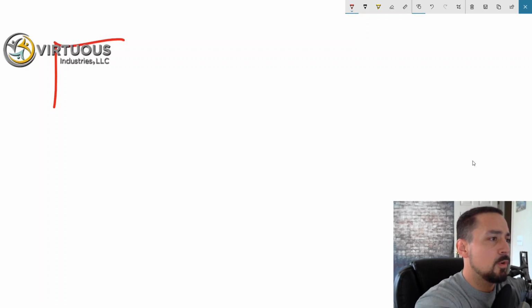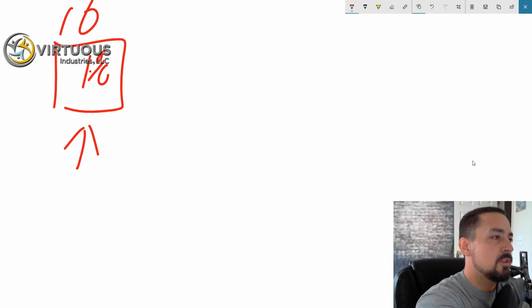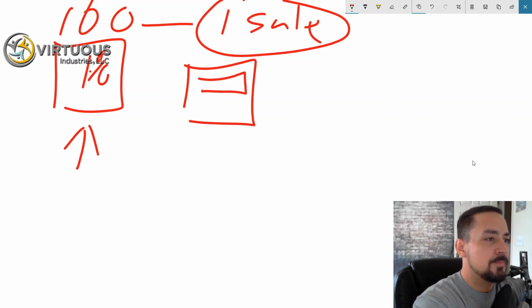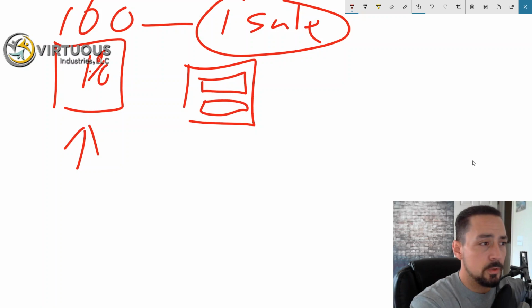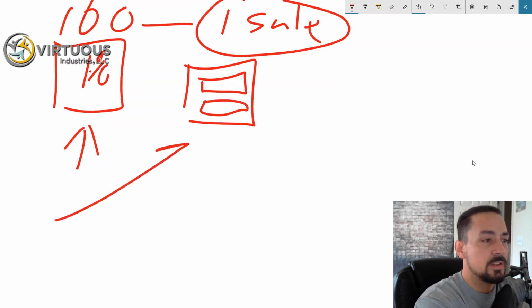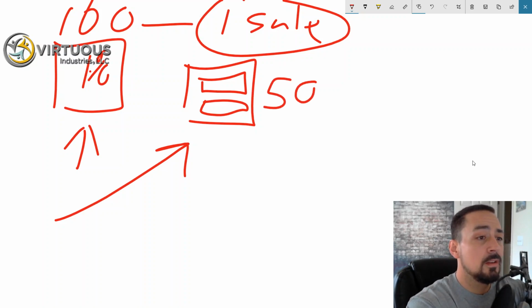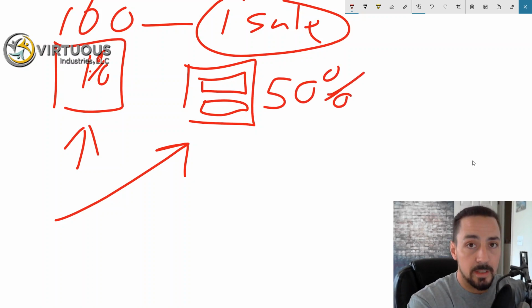So the reason it's more important is because this is your website and your website converts at less than 1%, okay? So that means out of 100 people, you might get one sale, okay? But if you send them to a capture page, like I just showed you, instead, your Facebook ads, you're running to your ads. Now that percentage rate, since they're not actually buying anything, they're just becoming leads. Now you can get seriously 50%, because these people are interested in the first place. That's why they're clicking on your ad, right? 50%, 80%, that number can change.